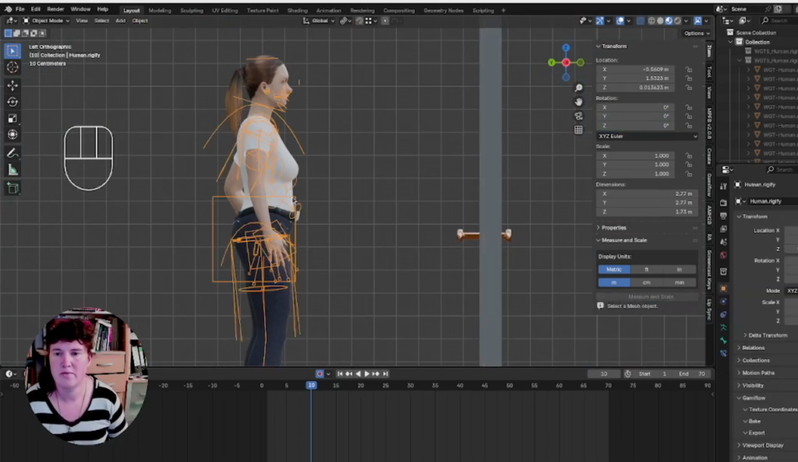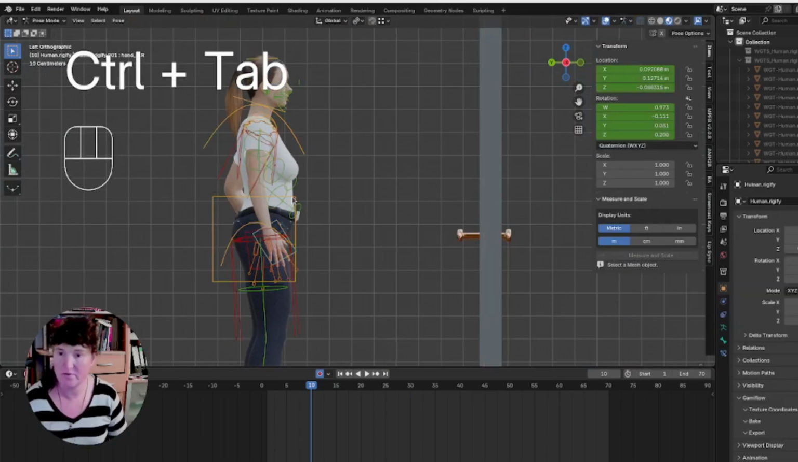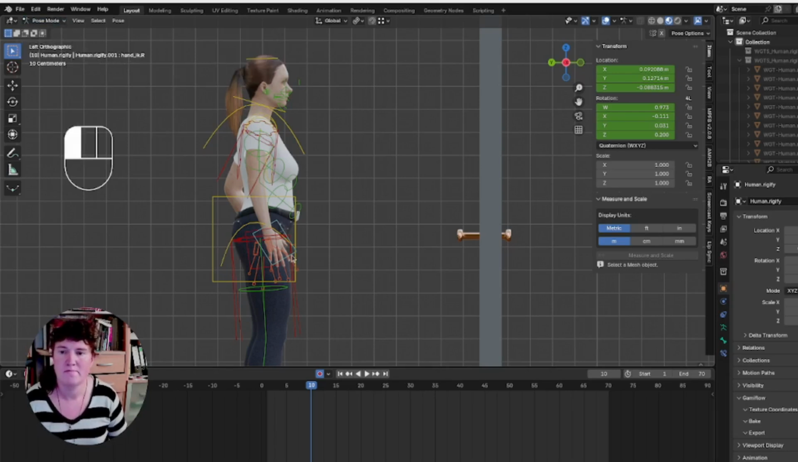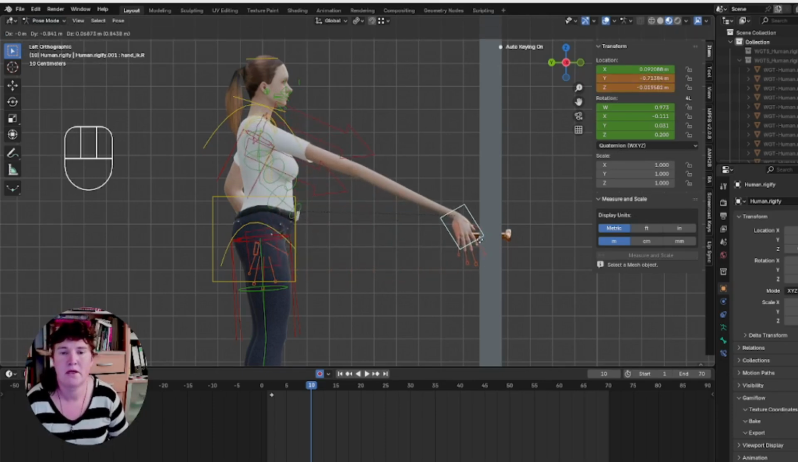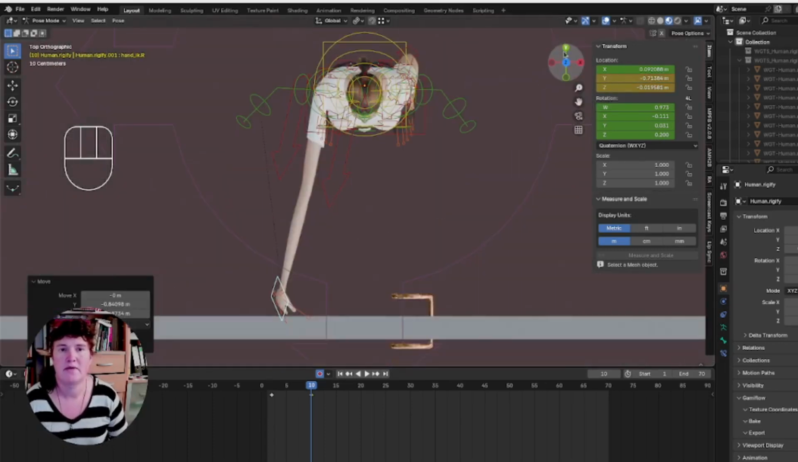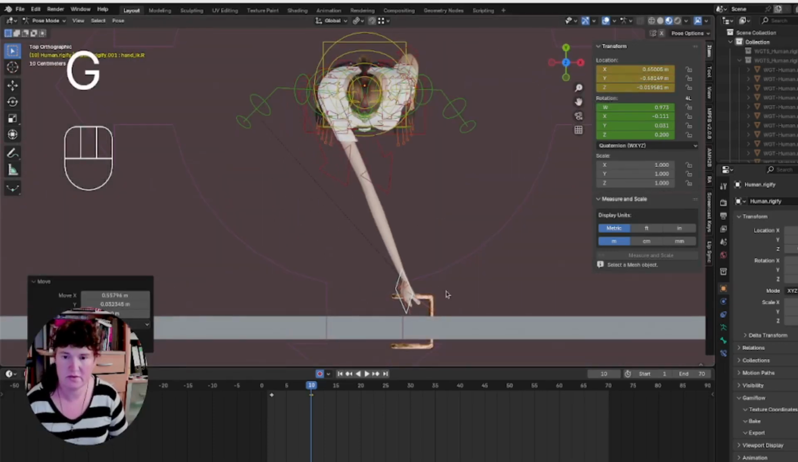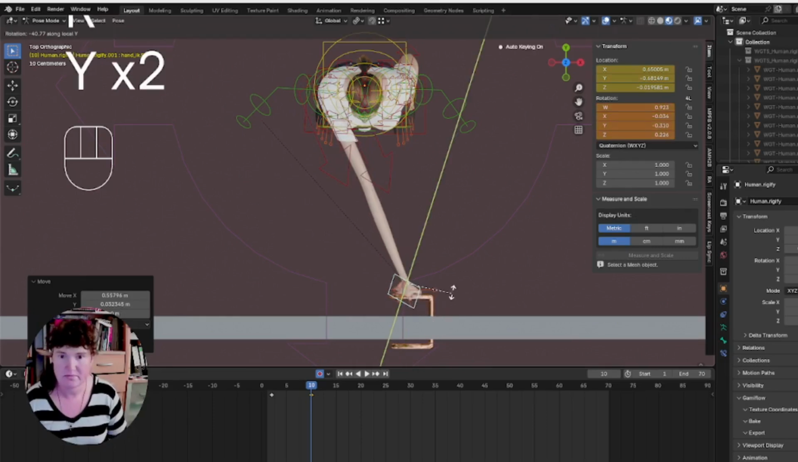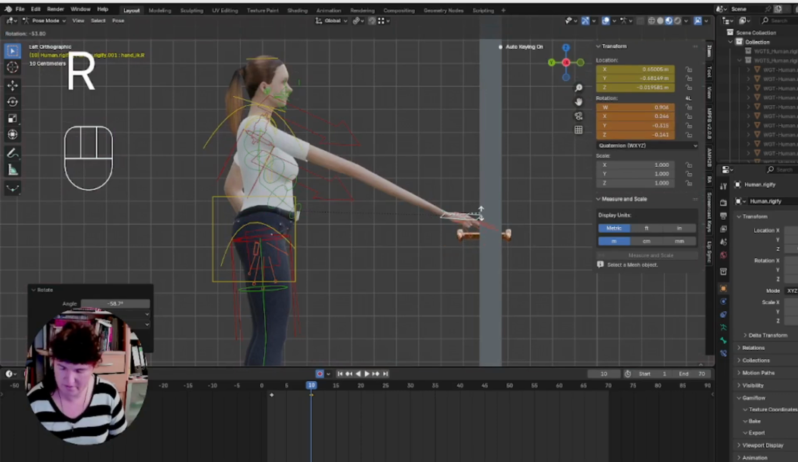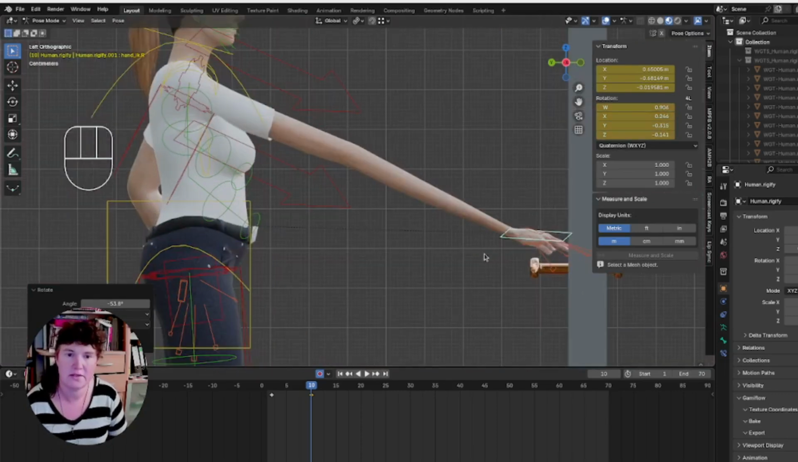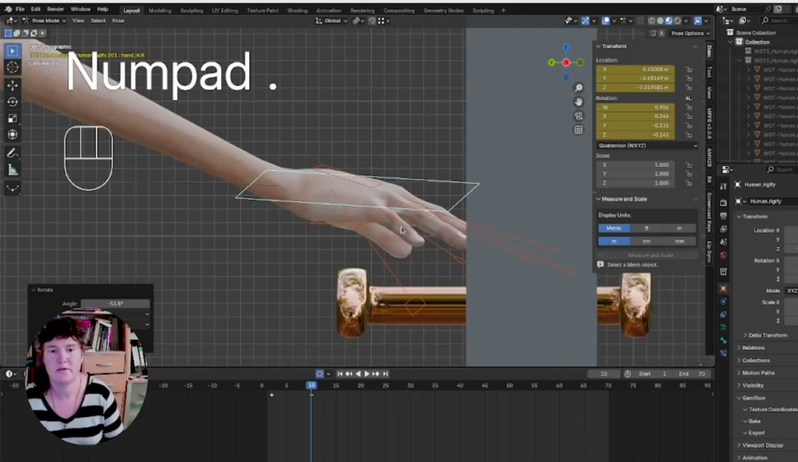We select the rig, we go into pose mode by Control Tab, or here select the hand first, the right hand, which we will use to open the door, and bring it all the way down the handle. The arm is stretching, that's not good, but for the time being it's okay. We rotate the hand around the local Y axis. Go back to the side view, rotate it like this, press period on the numpad to focus,